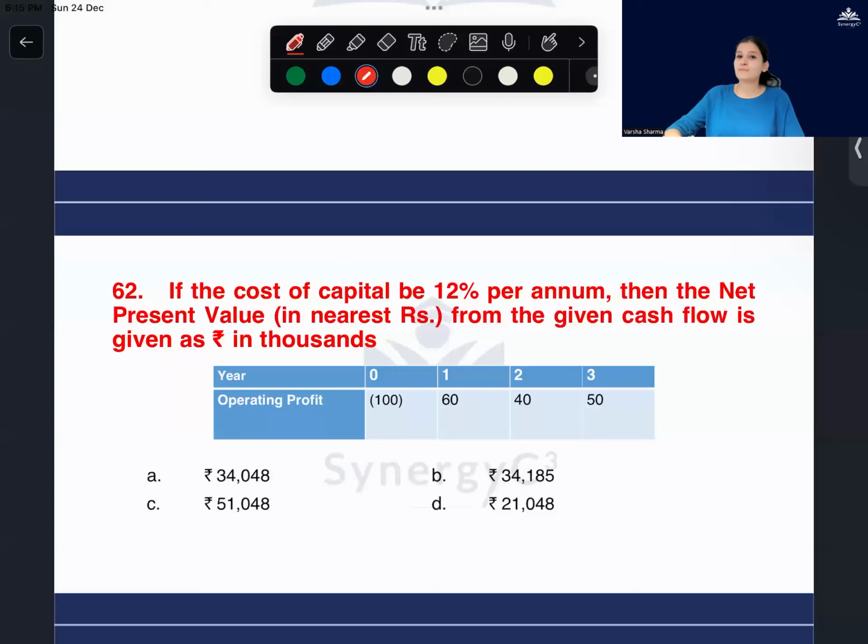So I'm assuming that I'm talking about 3 years. So at time 0 is only where the money goes out, because I'm buying it or making a cost or any other kind of repair on the asset. So that is outflow. In this case, 100 is my outflow at 0. Because at time 0, I never get a return. Now the return starts from the first year. So in the first year, for example, I'm getting an inflow of 200 rupees. In the second year, I'm getting an inflow of 250 rupees. In the third year, I'm getting an inflow of 370 rupees.